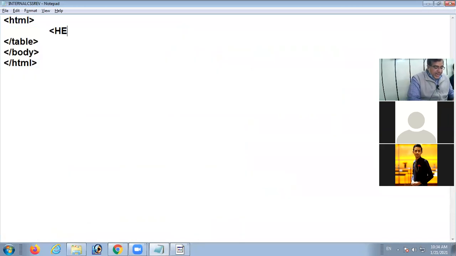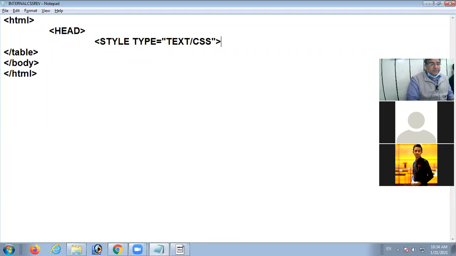For that, I change the coding. I will take the head tag over here and write style, type attribute equal to text/css. Right? Now here, whichever selector you want to format, write the selector name. For example, I want body.